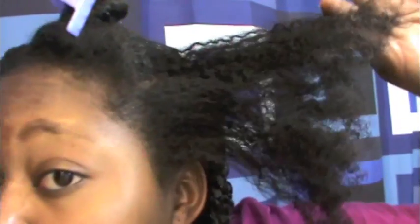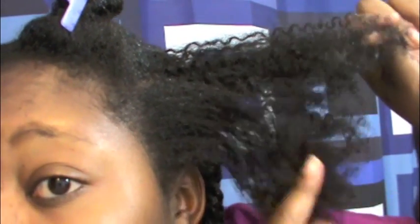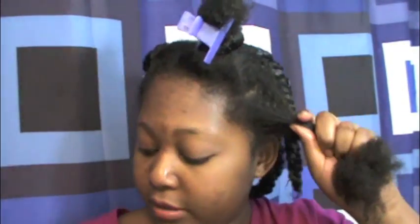Get my little clips, take hair out of the way. Find the section of hair that needs to be detangled. As you can see, this right here is tangled, so it needs to be detangled. So I just take my excessively shaken up water and castor oil mixture and immediately just spray it on my hair, just to get it as damp as I possibly can, not soaking wet, because I do this a lot